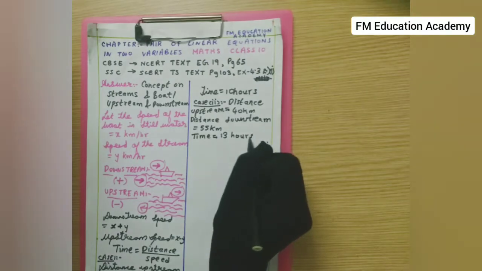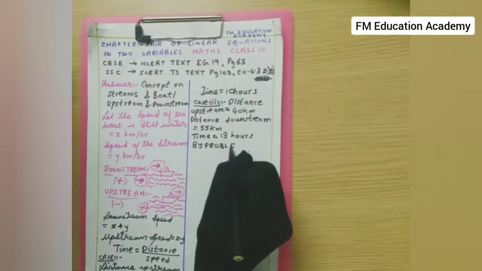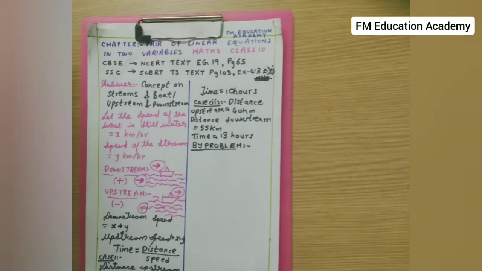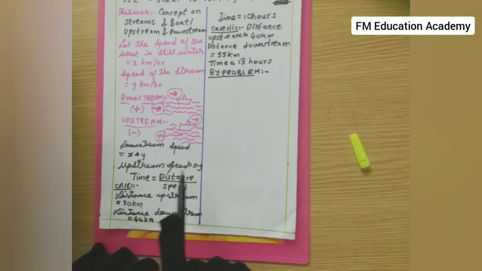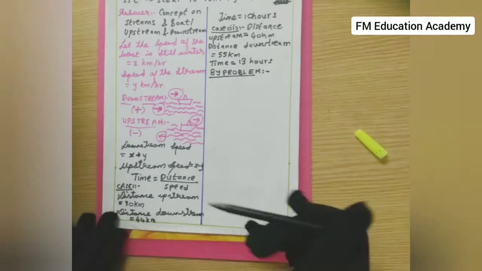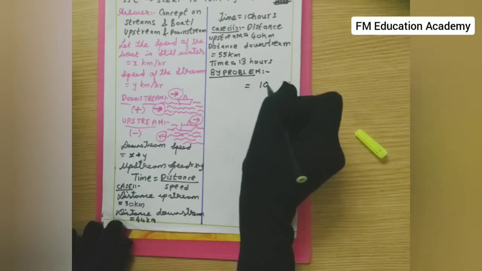Now let us write the equation. So what do we have? By problem, I am writing the equations as, first condition. Time is equals to distance by speed. This concept I am using, time is equals to distance by speed. Now, by this concept only I will write. On the RHS, I know it is taking 10 hours for the first case, so I will write equal to 10.